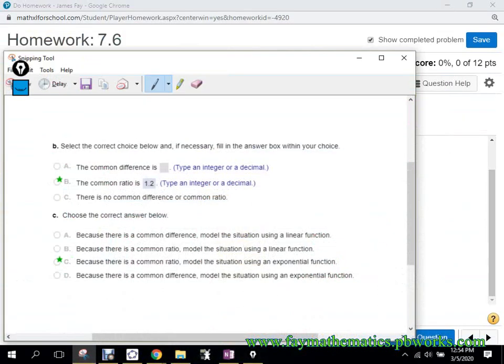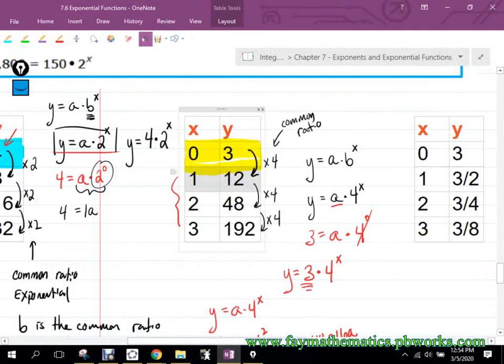That's why it's called a common ratio, because ratio is a comparison of two numbers through division. So we're actually comparing that number divided by 3. 48 divided by 12. 192 divided by 48. And that's where that common ratio of 4 is coming out. All